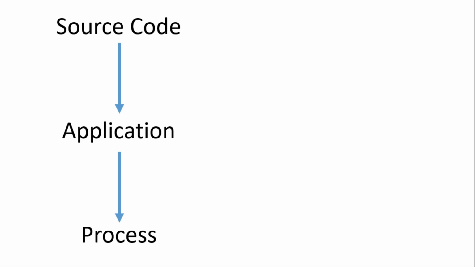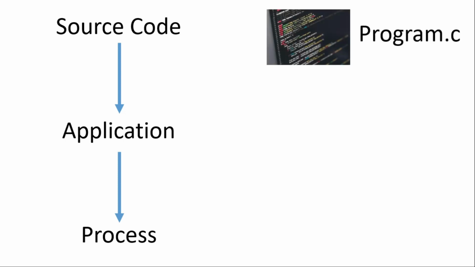Hence we can say that a source code that has been written by a programmer gets converted to an application via the process known as compilation, and this application when launched by the Windows launcher gets converted to a process. So now let us take the example of the Edge browser that has been developed by the Microsoft organization. Software engineers working on behalf of Microsoft will develop a source code for the Edge browser. This source code will have an extension of .c if the source code is written in C language. A compiler will convert this source code into an application, and when a user launches this application on his or her system, then it will get converted into a process.